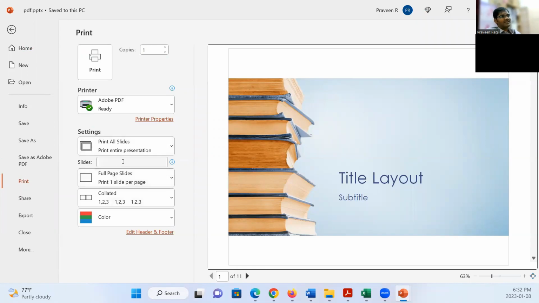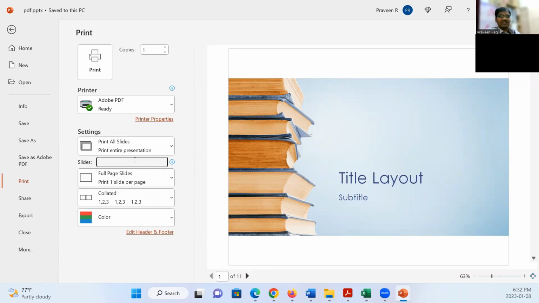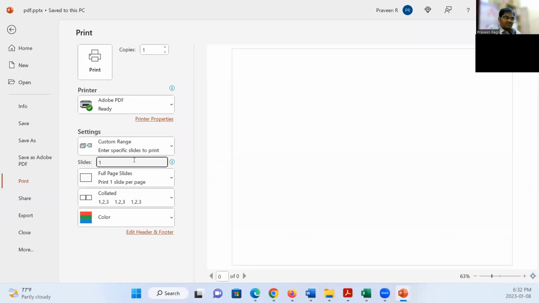Here, one more thing, slides. You can give the slide numbers. For example, you want to print only slide number 1 and you don't want number 2. You can specify like this: 1, comma, 3, comma, 4, comma, 5, comma, and 6 you don't want, so you can skip. Whatever slide you want, you can specify, and then only that page will be printed. Okay. Now the next one,